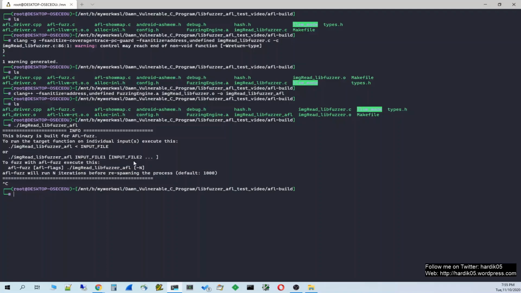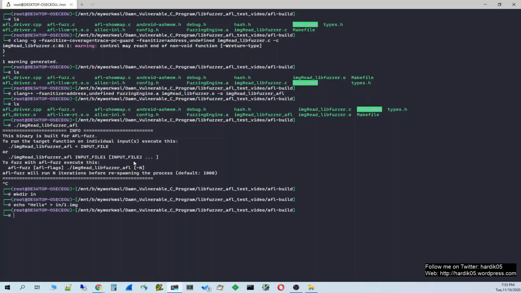So let's generate first some input over here. So we create a directory that is in, and let's write some string over here. So hello in 1.img, and okay, and now we can fuzz it.